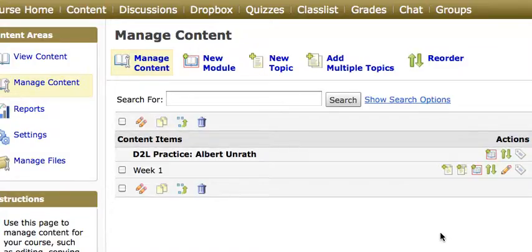In this section, we will cover using the Manage Files area of your D2R course. Now, I've started off inside of my D2R course, and I've gone to the Content area, and inside of Content, I basically have a number of different options along the left-hand side. Now, we're used to creating items by going into a new module and new topic, but in this